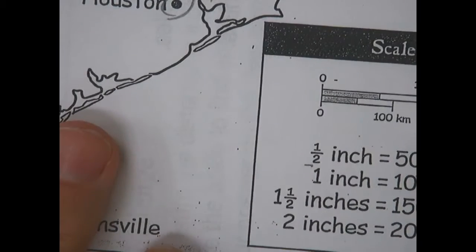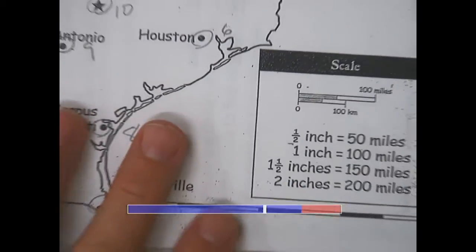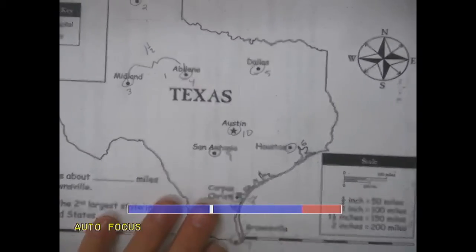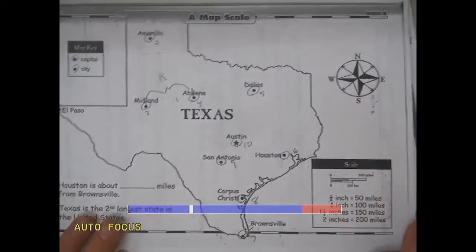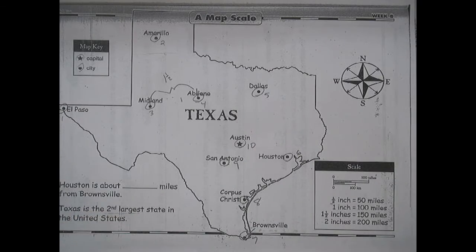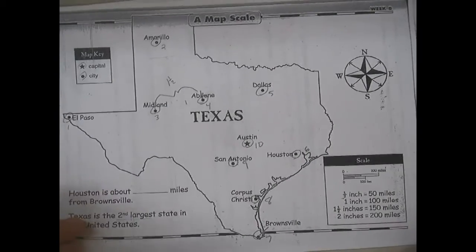So what you do is you use a map scale to help you determine the distance between 2 points. Okay, so that is how that map scale works. It hopefully will help you with Thursday's work. Let's take a look here at